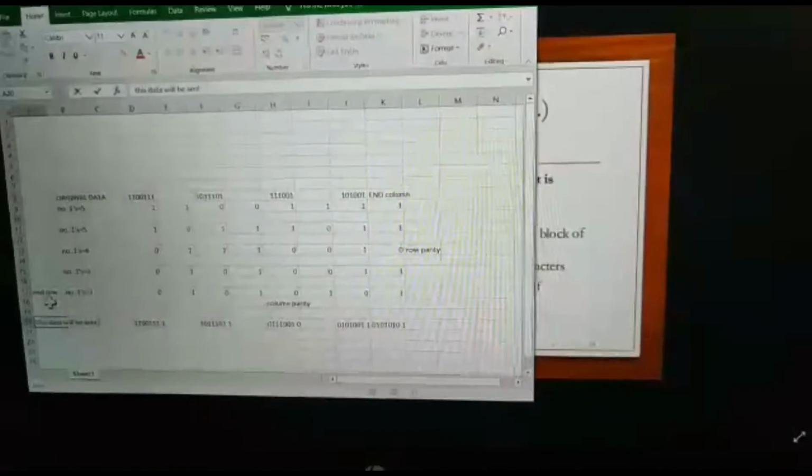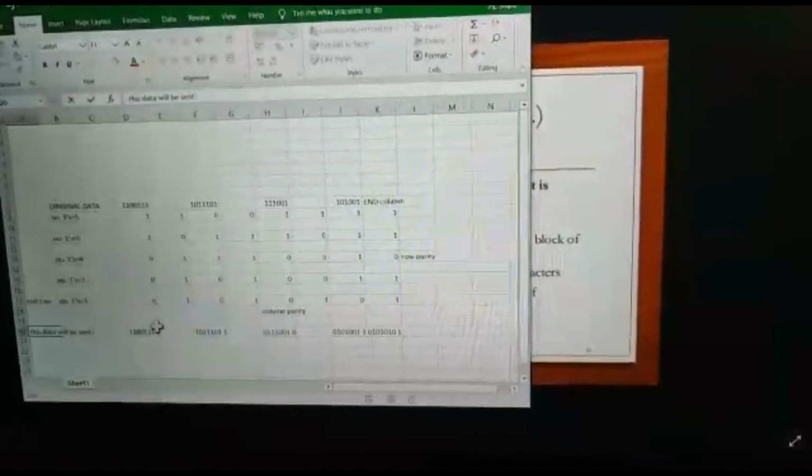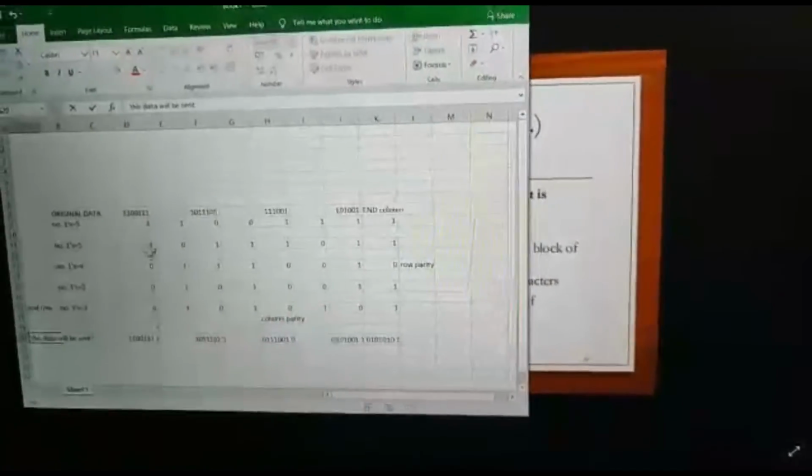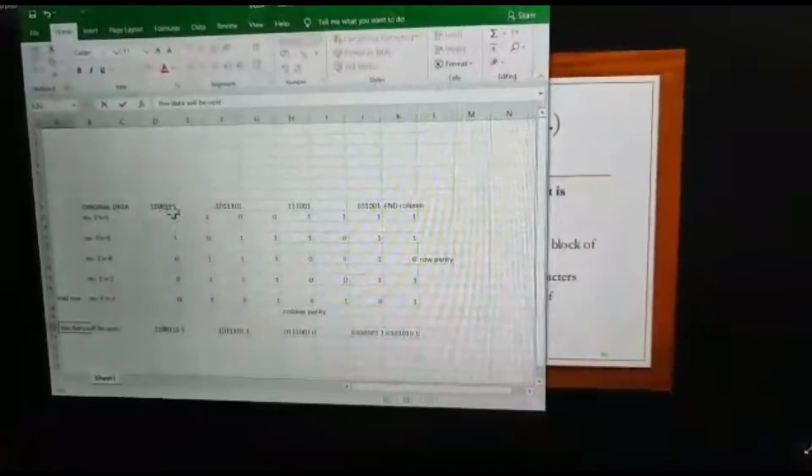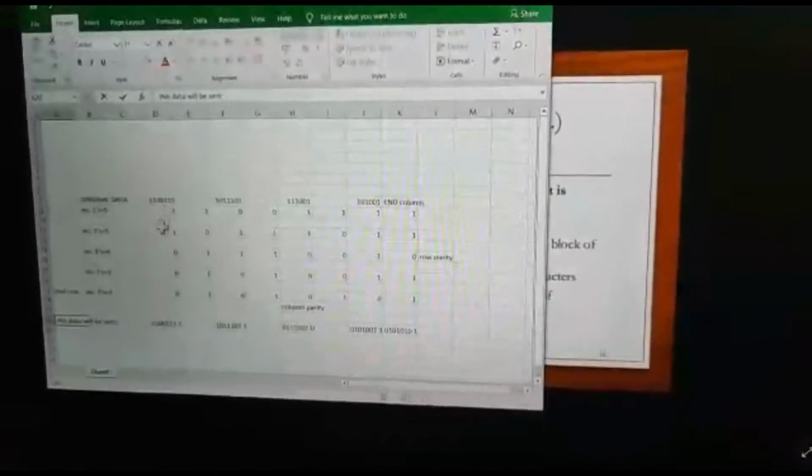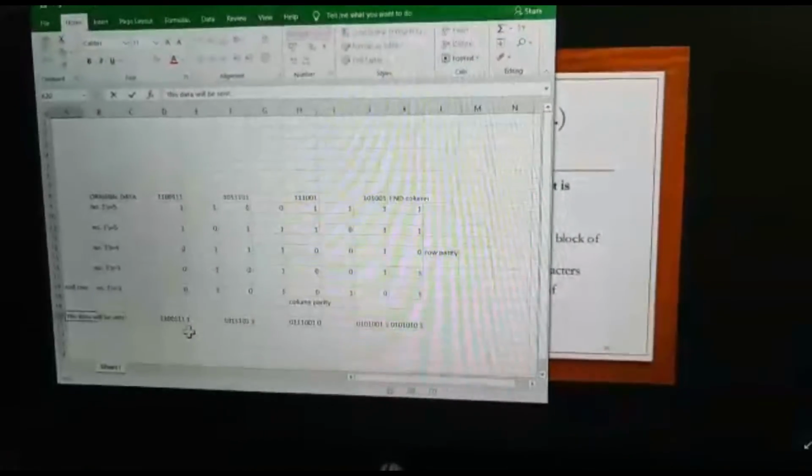Like that, the end row which we get is also made using the even parity concept. In this column, the total number of ones is 1 and 1, so that is even, so we are putting in 0 to make it an even parity check. Here the total number of ones in this column is 3, so we are adding another one to make it even. Like that, in the end these extra bits 1 1 0 0 1 1 are added as an extra row while sending the data to the receiver.